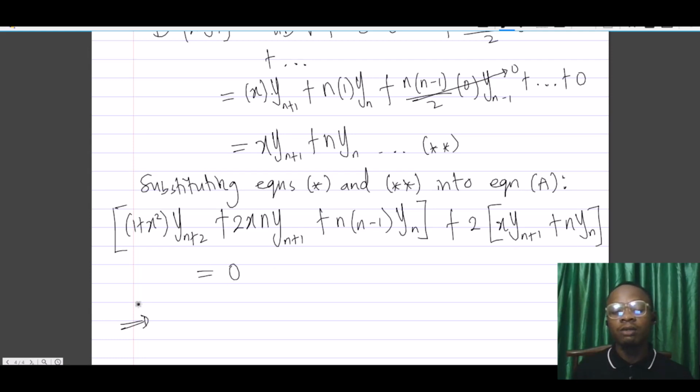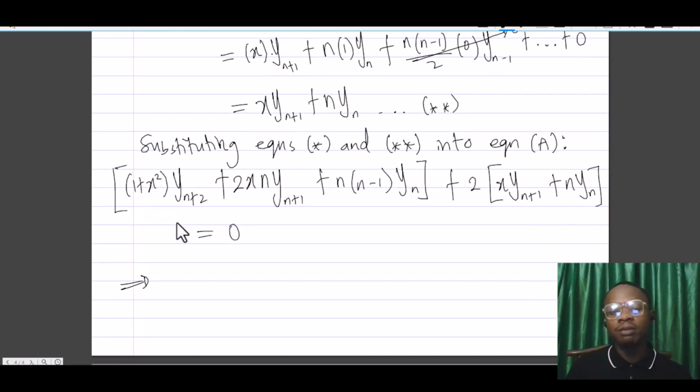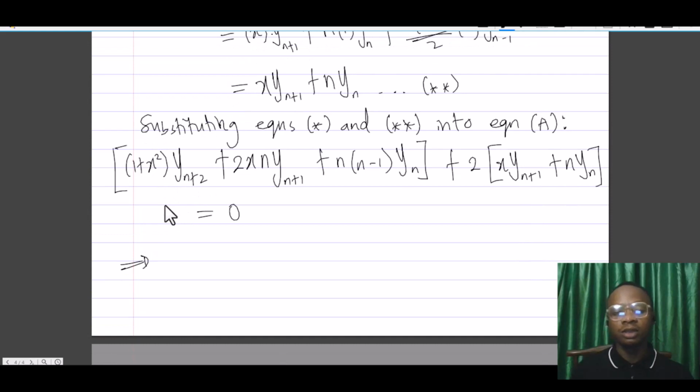So we can now collect like terms and just tidy everything up. So yn plus 2 appears only once, so just write that out first. This is going to be 1 plus x squared into y sub n plus 2. And then the next one, we have yn plus 1 and yn plus 1 here, so we can put them all together. This will be plus. So we have x multiplying n plus 1. We have x here also multiplying n plus 1. So this will be